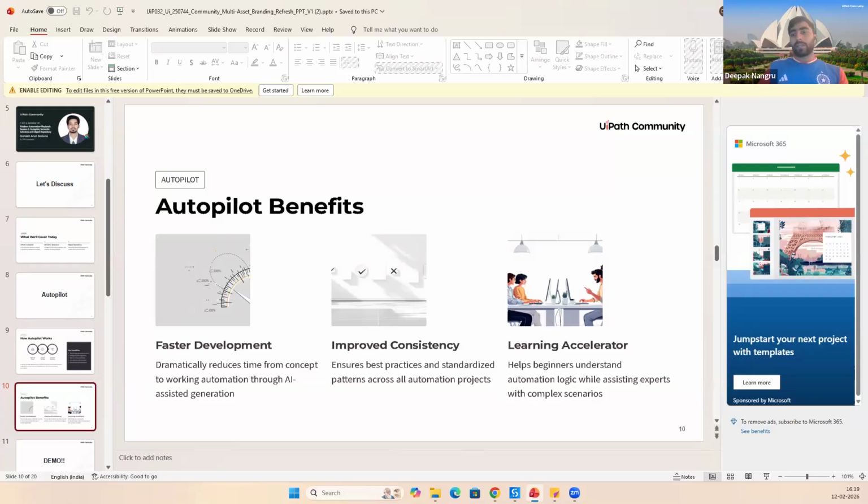It may not be the expert-level one that fine-tunes everything, but it will provide you a structure altogether that you can start working on. It is not only required in the whole workflow creation, but you can also use it inside activities. For example, if you have an invoke code or assign activity and you are passing a query in it, such as a LINQ query that is having issues and you are not able to find them, rather than going to any other area, you can just use the Autopilot feature in that activity itself and it will fix it for you. It is linked in your own environment, so that makes it more important.